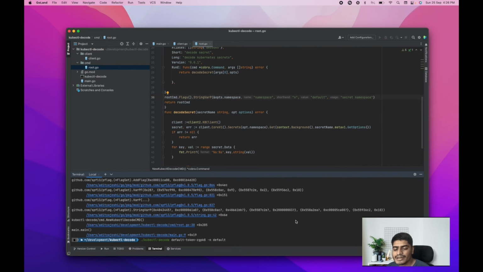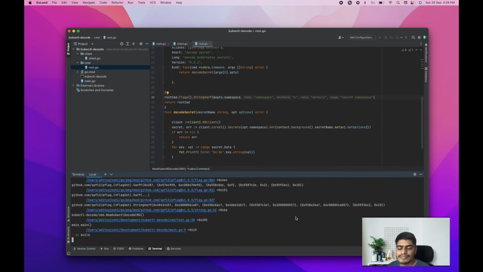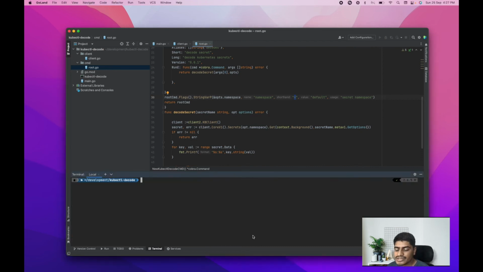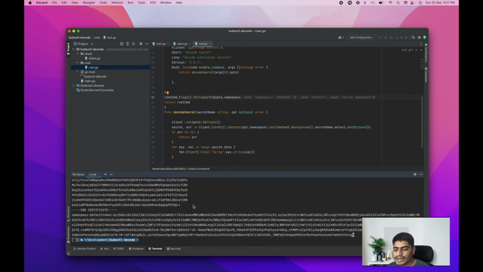Let's build the plugin again. So hyphen n is what we have to provide, but the shorthand is n obviously. So the plugin is ready. We can just run this now. Yep, so we can see we are getting the data here,